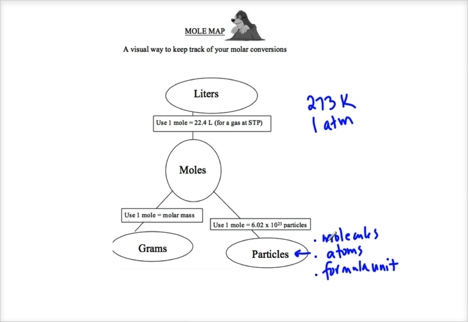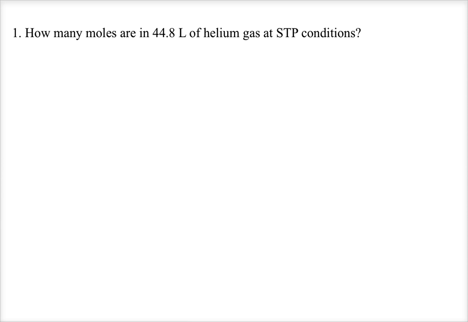We're going to work through a couple of these new problems that you haven't yet worked on, specifically with the volume. The first problem says, how many moles are in 44.8 liters of helium gas at STP conditions? The fact that it says STP conditions just tells you that you can go ahead and use the conversion fraction of 1 mole of any gas having the volume of 22.4 liters. So what we need to do is start with the number that is given to us, the 44.8 liters,